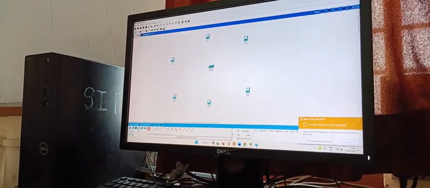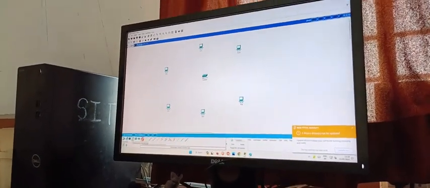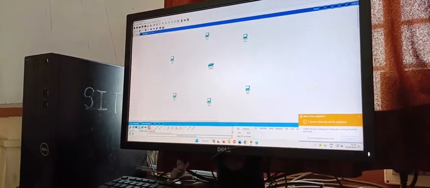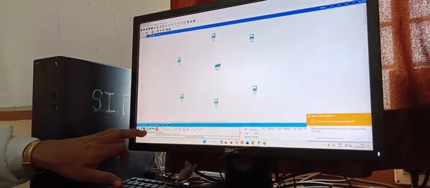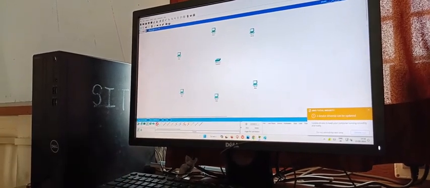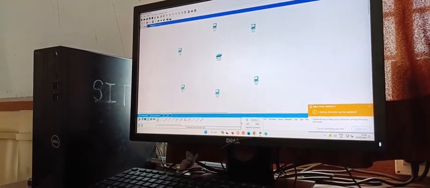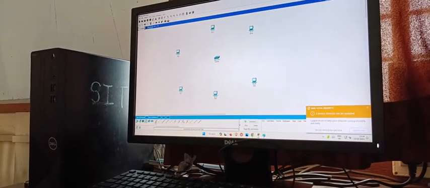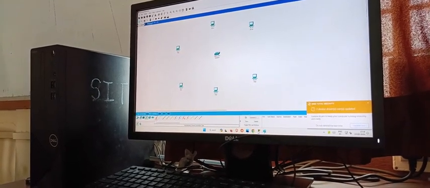Now to establish the connection, see here, I have to select this icon which shows the connection. Under that it is showing many options, and from that you have to select this first one, right? Automatically whatever the connection type is, we select it.